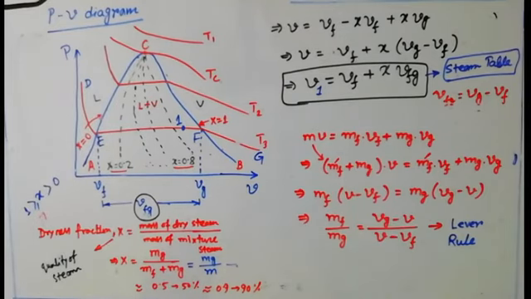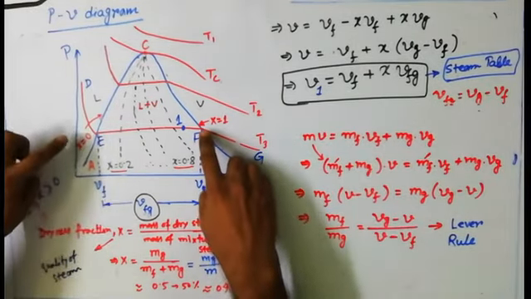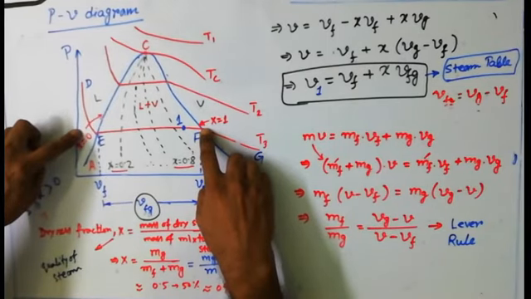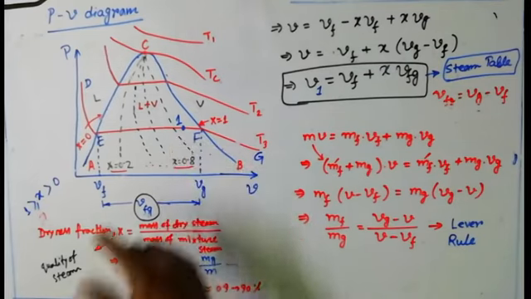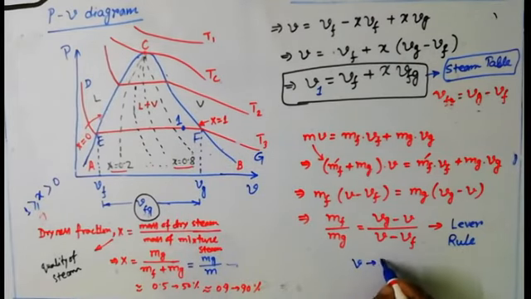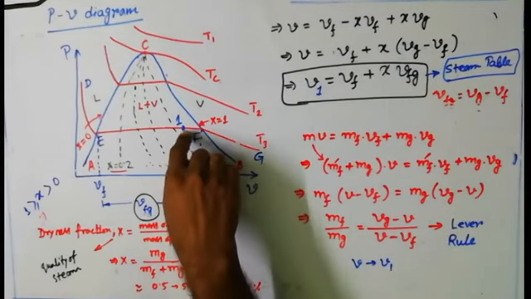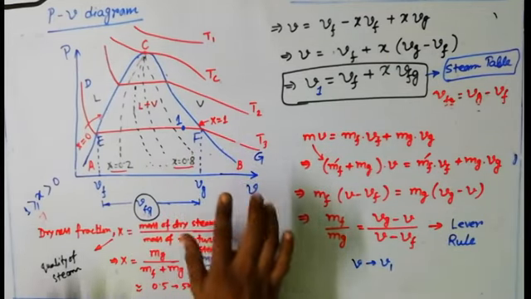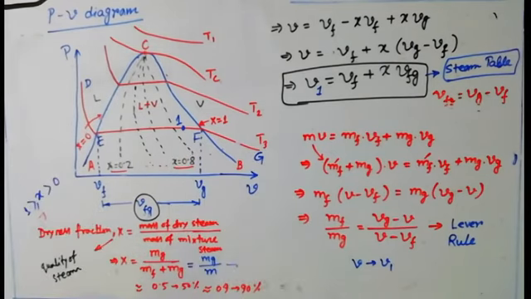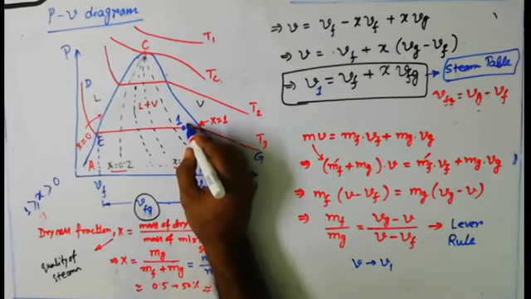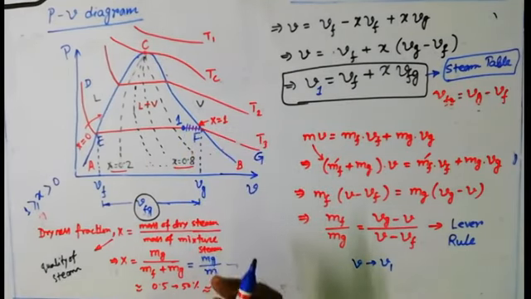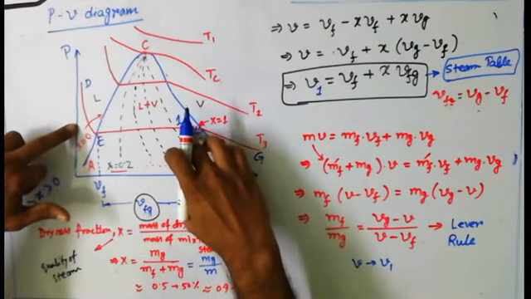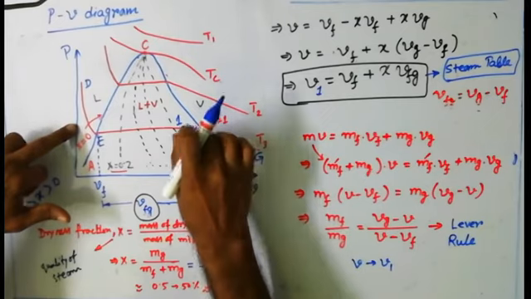Vg minus v, just see the diagram over here. Vg means that part of volume, and v means, suppose I am talking about v as v1 on this particular diagram at that point 1. Suppose my steam is locating at point 1, so the specific volume at that particular location. It is an example. So Vg minus V, what does this mean? Which volume is Vg minus V denoting? It denotes this particular volume, because that is the Vg and that is the V. So Vg minus V, this one.